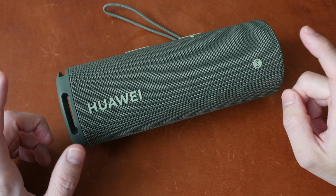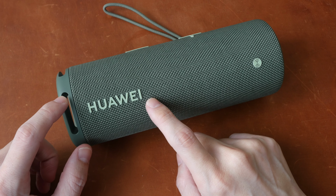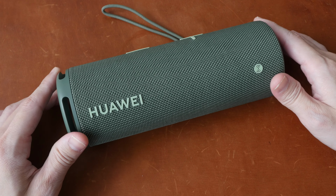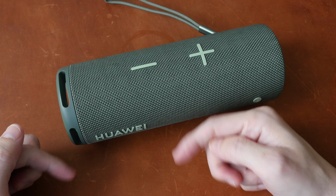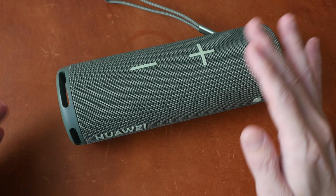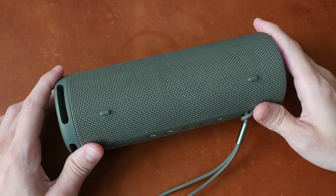Another thing that affects audio quality significantly is that the speaker is very directional. Right now you can see the Huawei logo, which means the speaker is pointing towards me. This is where you can get the best audio quality. Now if you turn the speaker slightly like this, the speaker is pointing forward instead of towards me, and you can noticeably hear the speaker turning away. It's like someone is talking to you but not